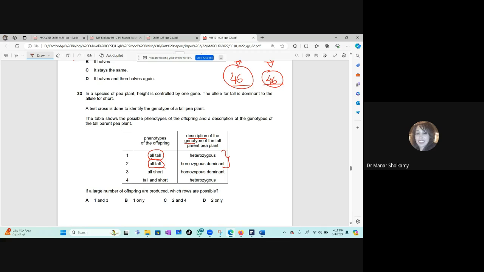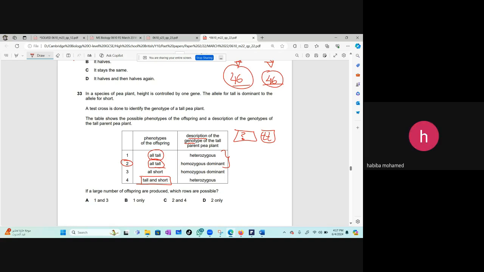All the children are tall. Homozygous dominant? A quick reminder of what is a test cross. It is an unknown parent with a homozygous recessive parent. We don't know this parent, it's unknown. So 2 is correct. Now, if I have children that are a mix between tall and short, then the